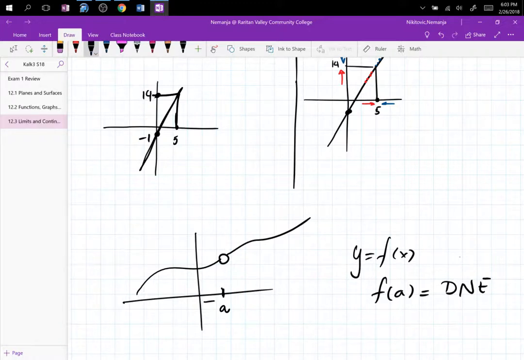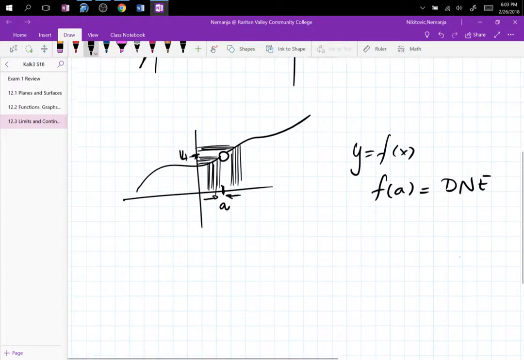But if you take a look with the left and right approach, all of the values that you are actually computing will have their y values, and they are going towards this 14 level that we had before. So anything before and everything after will have the y values, and you can see that they actually produce the answer. So that's the essence of the limit. The limit computes the y value, but it computes it in a different way, by computing infinitely many points around the point of interest. Now that, for Calculus 3,